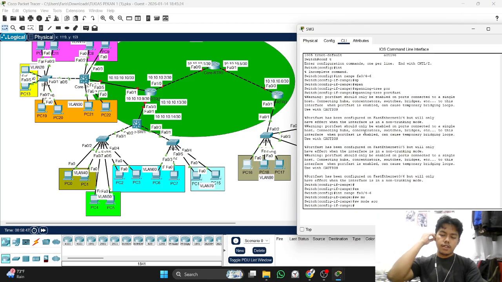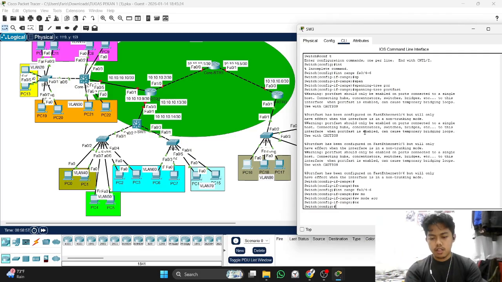Before we configure the VLAN on the router, you must create the VLAN first. Exit the range and then create the VLAN.